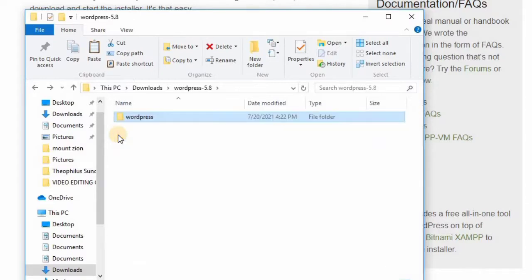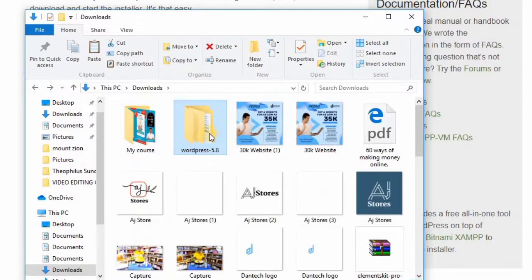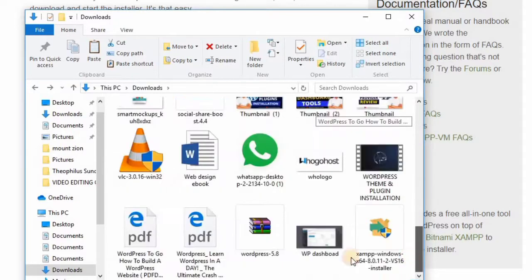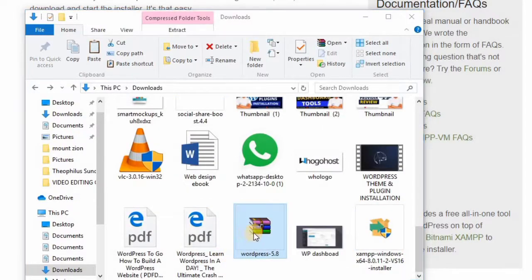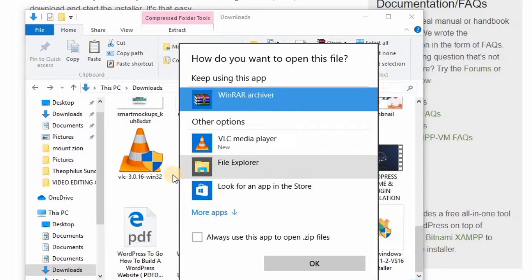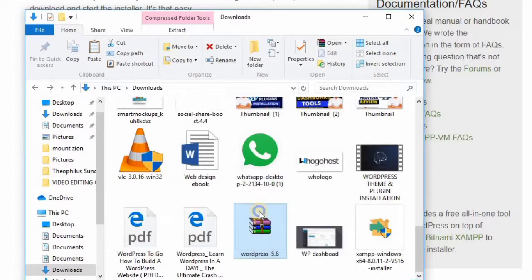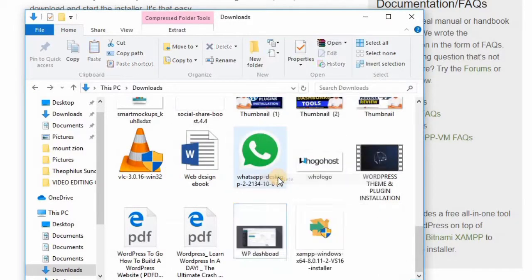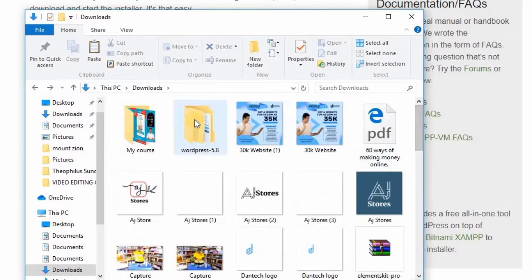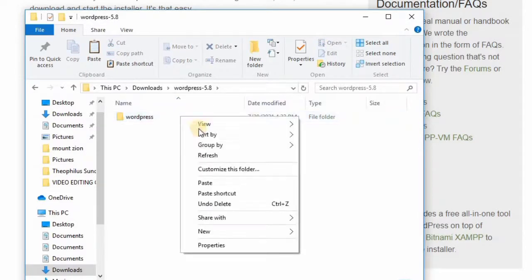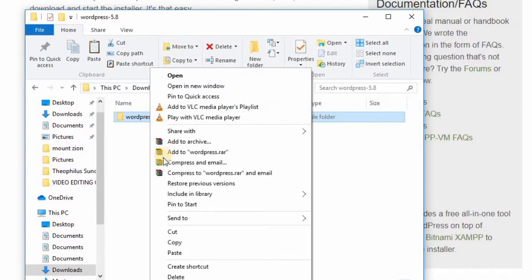So after doing this, we have unzipped, and that means we don't need this anymore. So I'm just going to delete it. Delete that, the zipped one. So we've extracted it, and that's what we have here. So we open it now, and we copy this folder. Click on it, copy it,